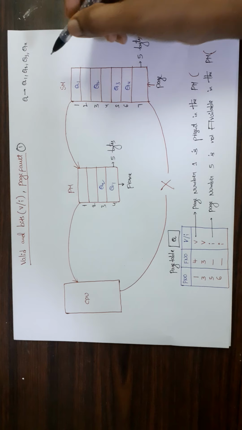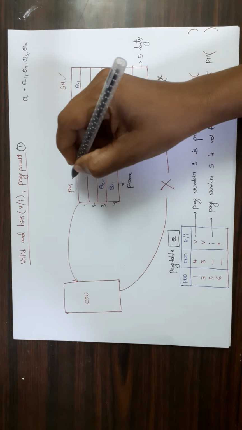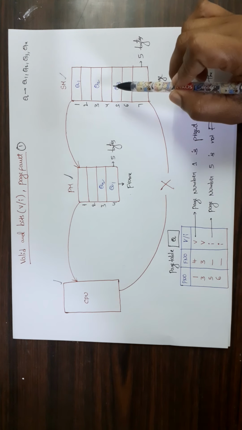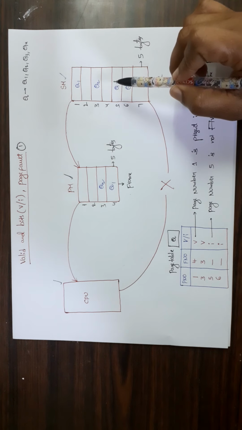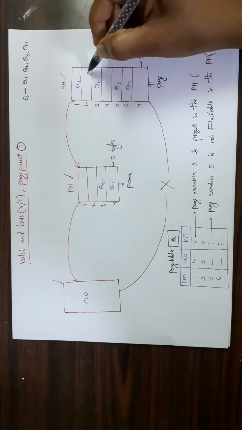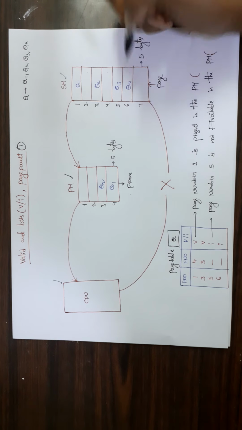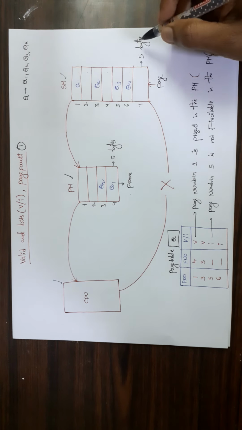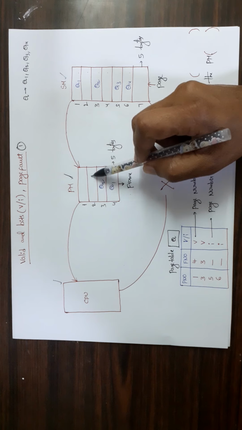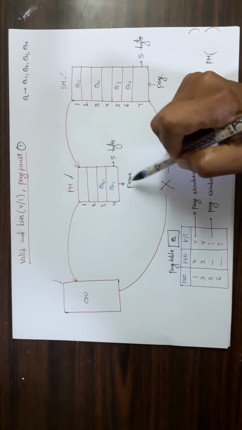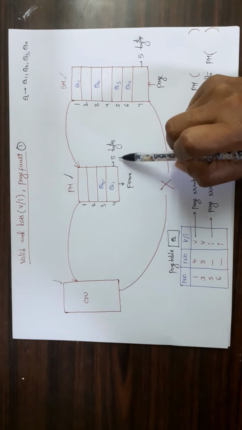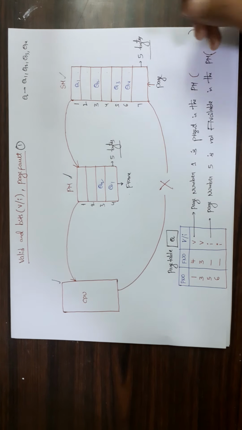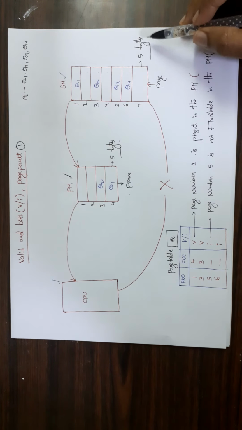Okay. So let us assume that this is the secondary memory, this is the primary memory, and this is the CPU. Here we are using paging concept in order to allocate the memory. So entire secondary memory is divided into equal sized portions and each portion is called a page, and the size of each page is 5 bytes. Now primary memory is divided into equal sized portions called frames, and here the size of each frame is 5 bytes. We know that frame size should be same as the page size. So frame size is 5 bytes as well as page size is 5.